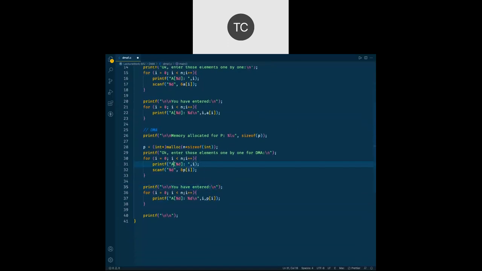And instead of a, I'm just printing it like p. So it is my separate array which is pointed by p. It is just a printing part.